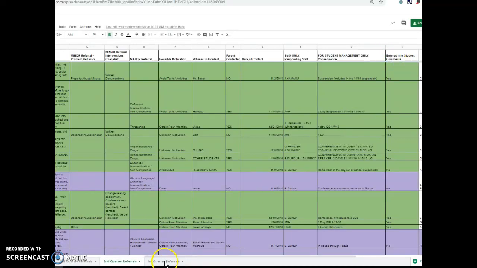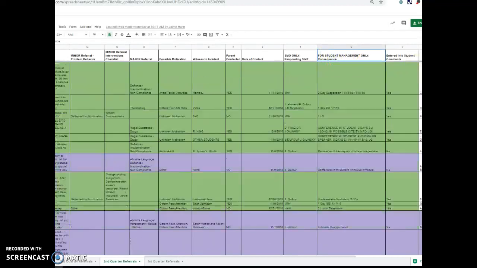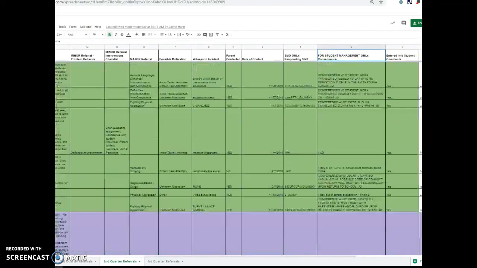As the year went on last year, about halfway through third quarter, we built the system in to make sure that every referral is documented, every consequence is documented in student comments. So if you ever want to find out what happened to a referral, you can just go look in student comments. But I want to show you this because if you look into this consequence column, if it is red,